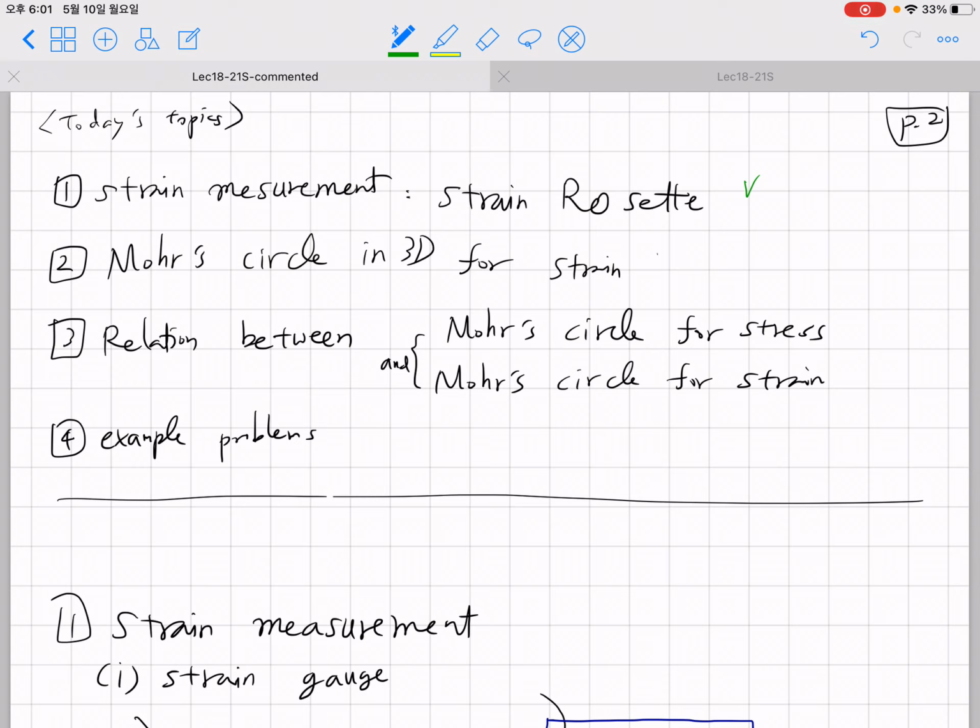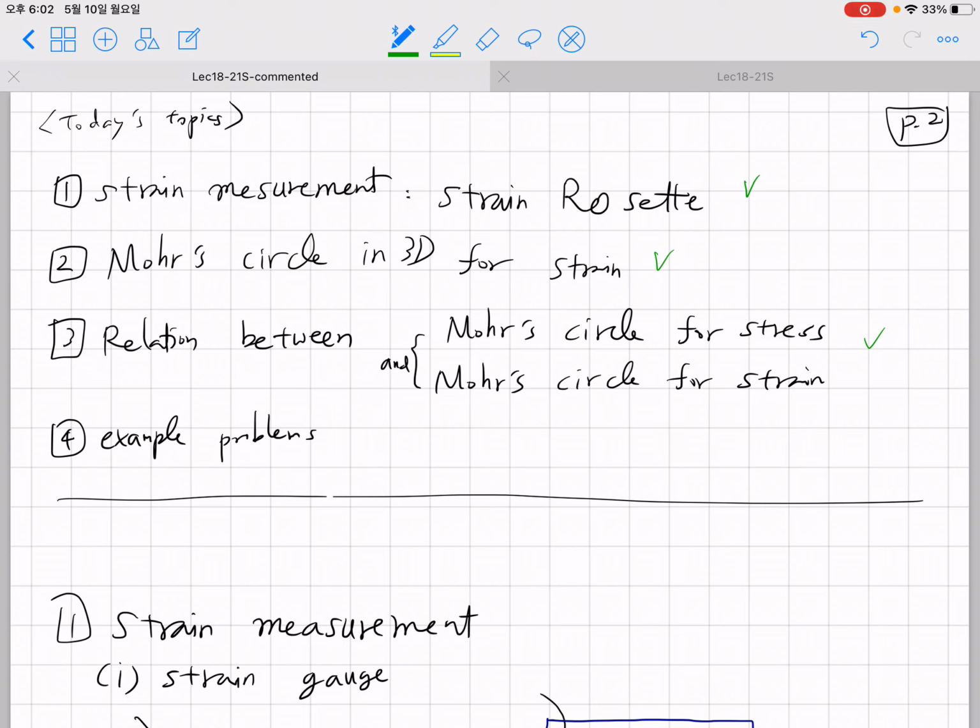And the second topic we're going to discuss is Mohr circle in 3D for strain analysis, which will be similar to what we have learned for Mohr circle for stress problems. As a third topic, we'll briefly discuss the relationship between Mohr circle for stress and Mohr circle for strain,